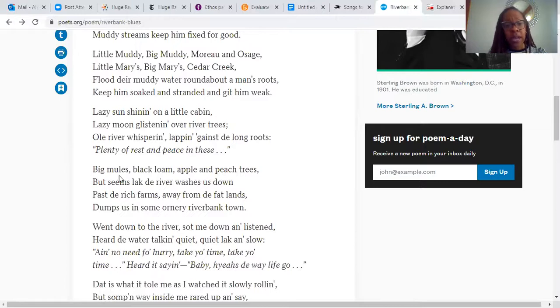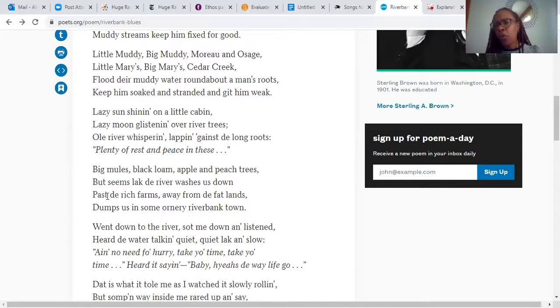Okay, yeah. So here's what I want you guys to see. He said the river washes down. Okay, so again, there's political elements, past the rich farms, away from the fat lands, and dumps us in some ornery riverbank town. So he's saying, if you're not careful, let me tell you what the river is going to do. It's going to send you downstream. And all of this time, while we're at the river, standing watch, we are being put in very poor and deplorable situations. They are moving us steadily. And when he's saying us, he's talking about, of course, that Black audience,